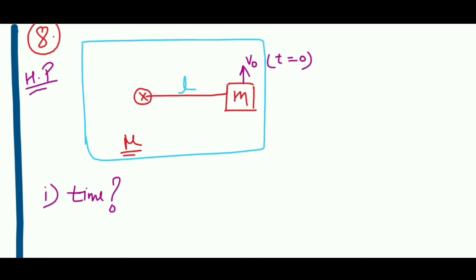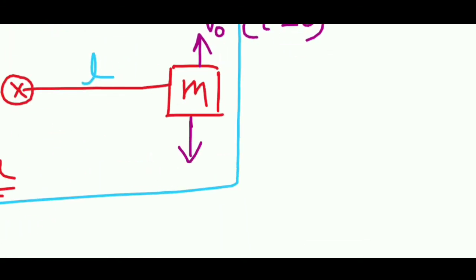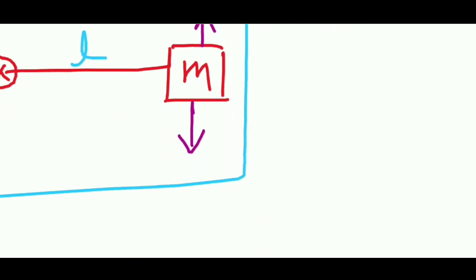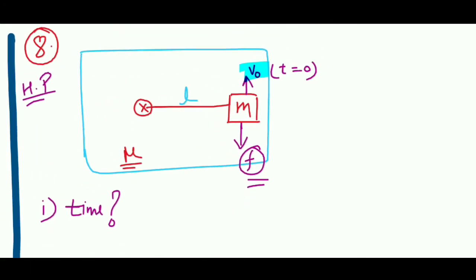So if you want to stop the friction, if you want to stop the block, the friction has to be applied exactly in the opposite direction of this velocity. Try to understand, the frictional force has to be applied exactly opposite to the velocity. Okay, but if you think carefully, this direction of velocity will keep on changing, right?